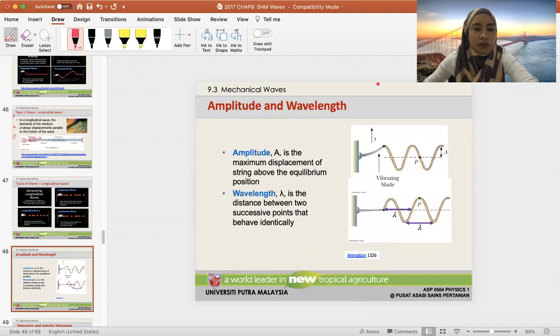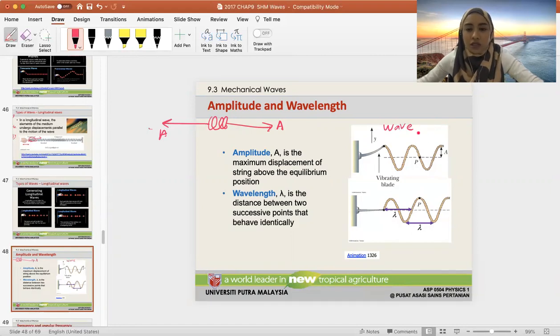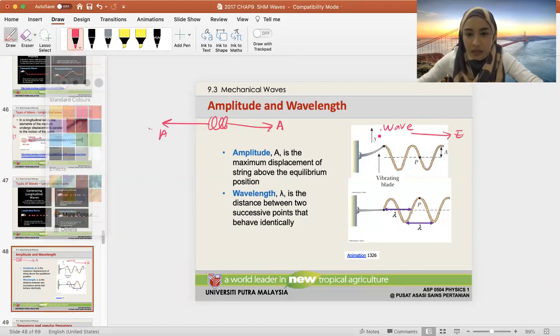Okay, previously we've learned that for a spring, we have the A, the maximum amplitude, and it was oscillating from A to negative A. Now here we have a mechanical wave happening. Mechanical wave, or just wave je lah. We have a wave going on here from our string where it is transmitting energy forward, but the particles go up and down. The particles' motion up and down is the amplitude. So that is the displacement over here. So how do I label this? If this was my axis,